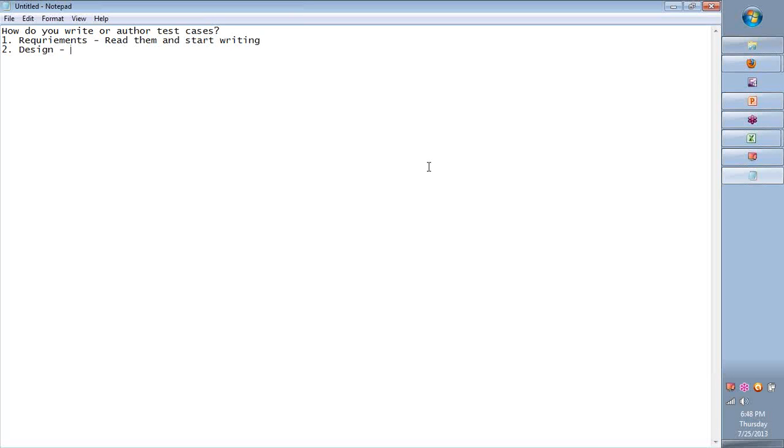So I'm just looking at the first steps of writing. Environment, no, there's nothing to do with environment. Collect test data, no, I'm not talking about different steps into it. I'm talking about